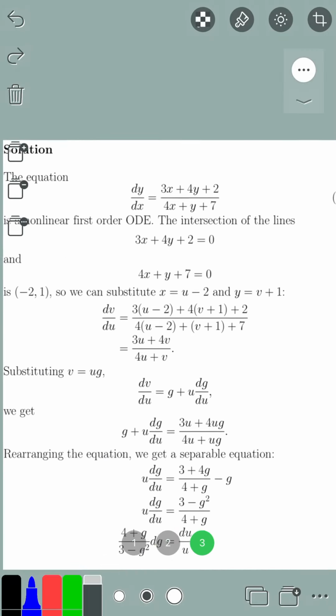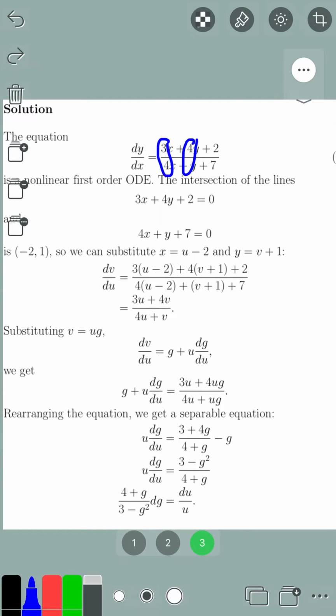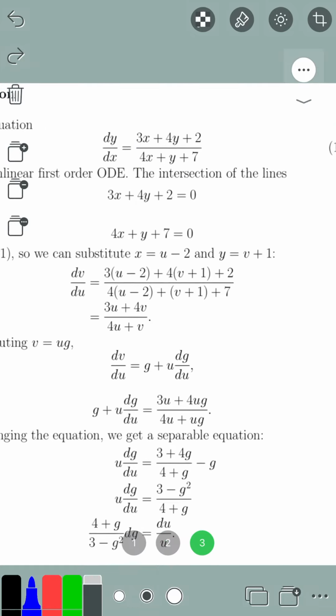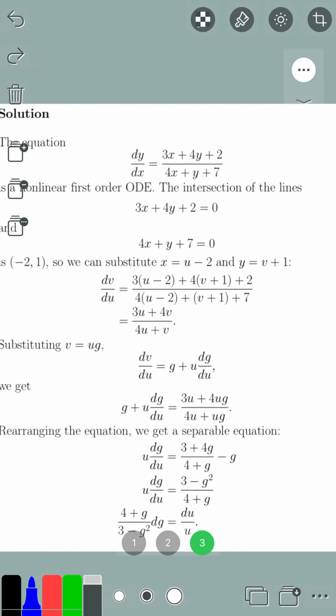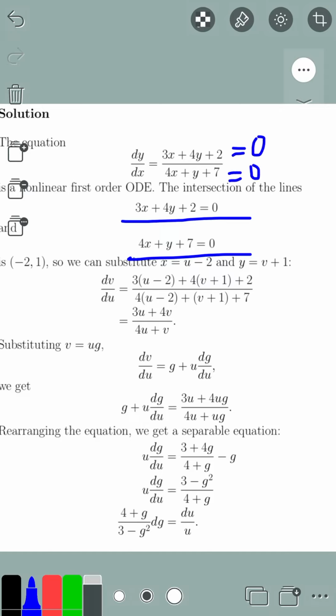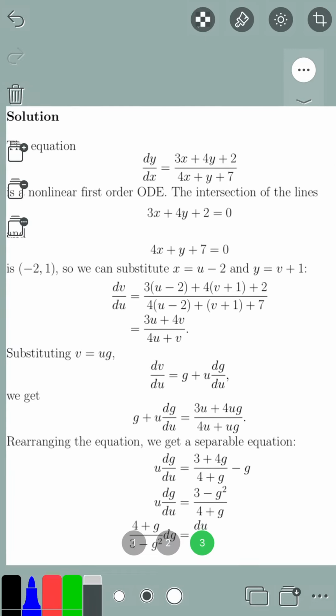So the first step that we need to do is find the intersection of these two lines, where the numerator equals 0 and the denominator equals 0. It should be easy to find. It's just solving a system of linear equations. You can do it on your own, and then after solving for the intersection,